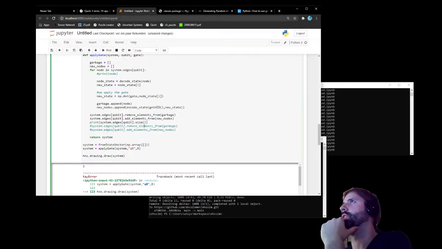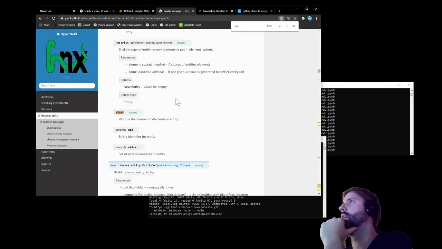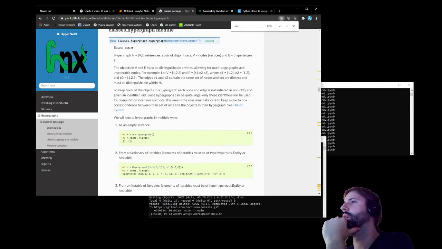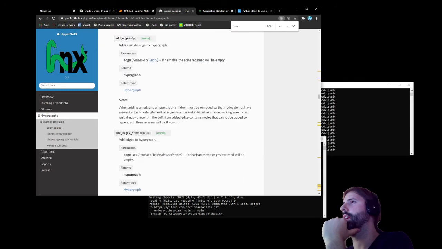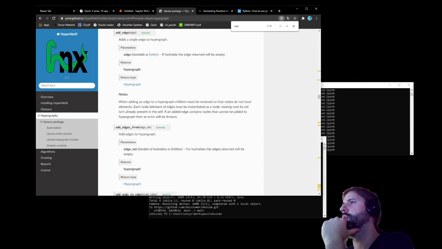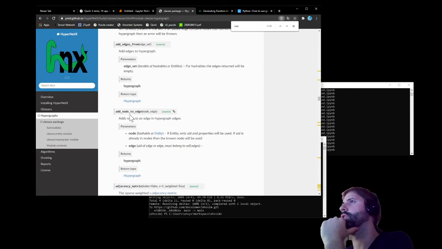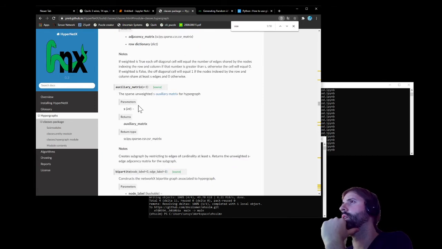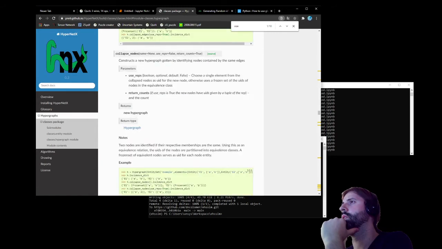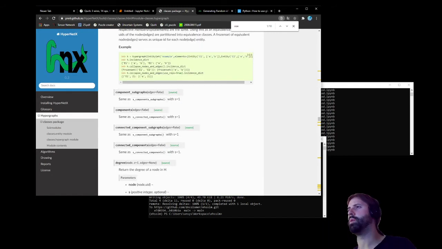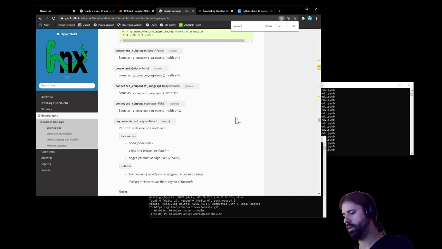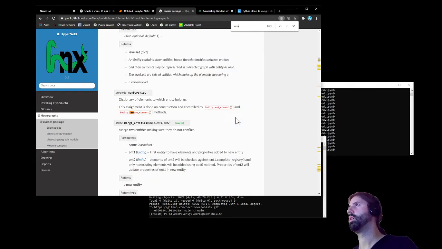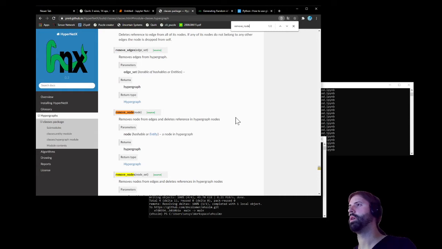I should just... hypergraph module, the object parameters, add edges from, add node to edge. Oh, that's what I should. Okay. Is there like remove? Remove node. Ah, that's probably the reason. Remove node. Okay, yeah. So I should just say